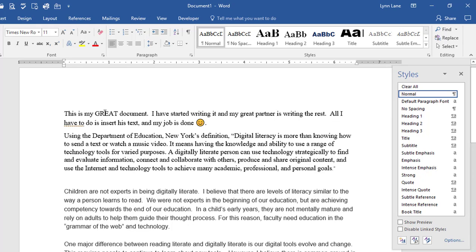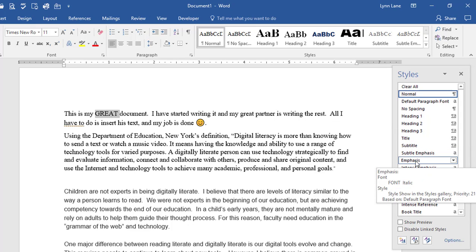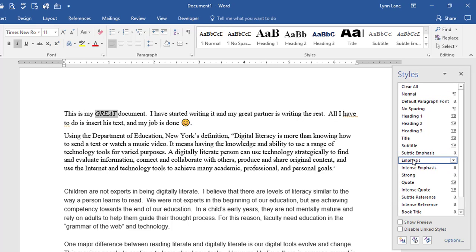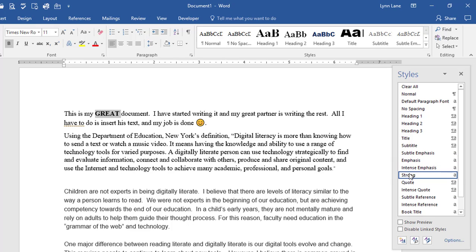So if I double click on the word great here to select it, and I come over here and hover my mouse over emphasis or subtle emphasis, I can click and I applied that character style. I could also change it to strong. So if I do that, one beautiful thing, I'll just click and apply strong to a couple of